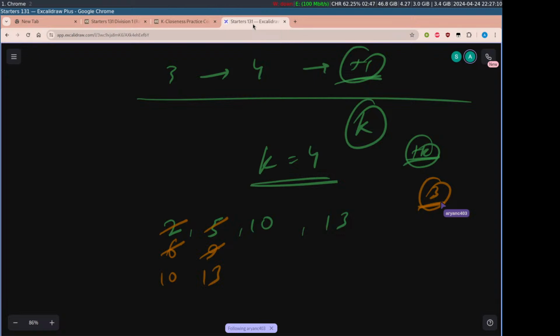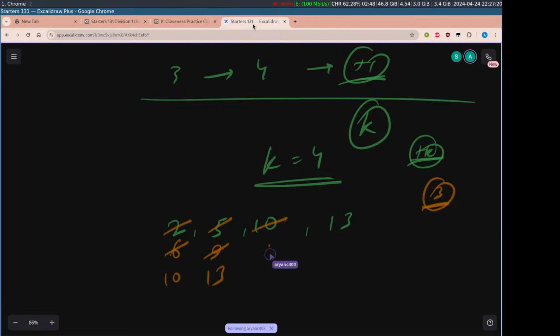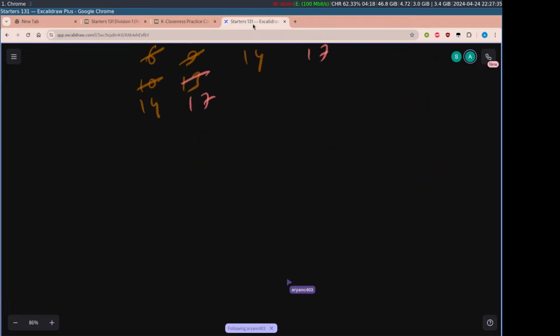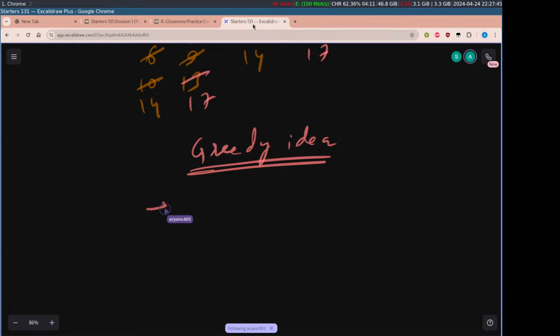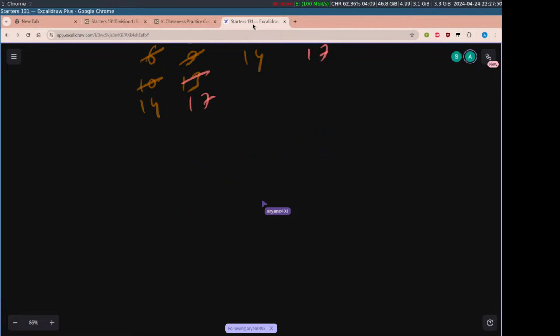No, sorry, let's increase the minimum number once, so the increase in max is as small as possible. So for example, the smallest number here is 14. We increase it once, and now we can see the difference would be 1 here. And one thing we can do more is, we can again take the minimum and increase it, keep doing this and so on. So the greedy idea here is, or even better, the greedy idea is,